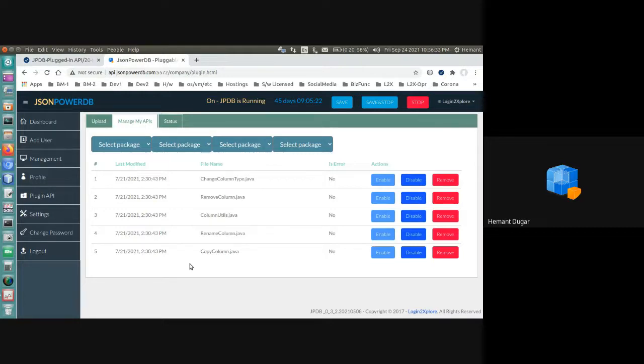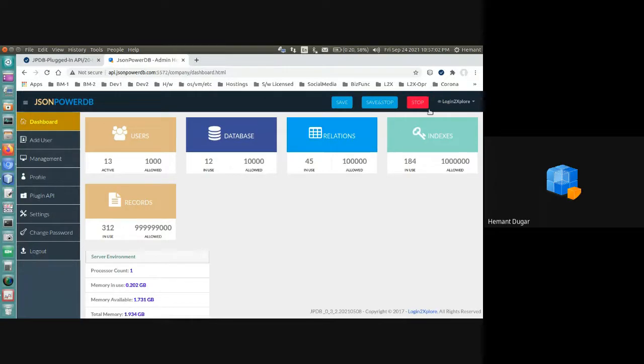And they will change the name of a column, rename the column, remove the column from your database or copy the column. But this is a separate topic that you can learn when you use the APIs from help. But yes, this is the way you can check how many pluggable APIs are already there. So this is basically through the company dashboard.